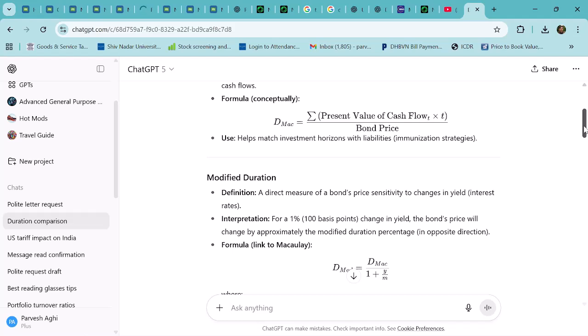See, if you have invested in a bond, suppose you have bought a bond of 100 rupees. If the interest rate goes down, your bond price will go up. So that means if the interest rate goes down, you're going to make money on the bond which you have already invested. Why? I'll just give you a simple reason. Suppose you have invested in a bond at 7%. Okay. Now, and this is a 10-year bond. And suppose this is marketable, that means you can sell this bond in a stock exchange. Okay. Now what happens? The rate of interest goes down from 7% to 6% in the next year.